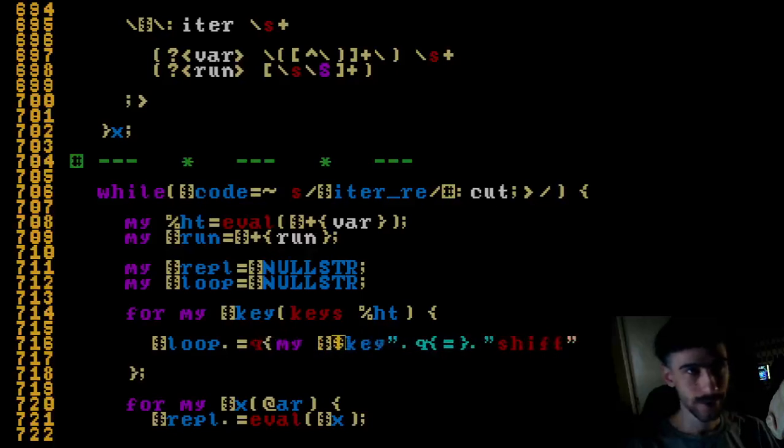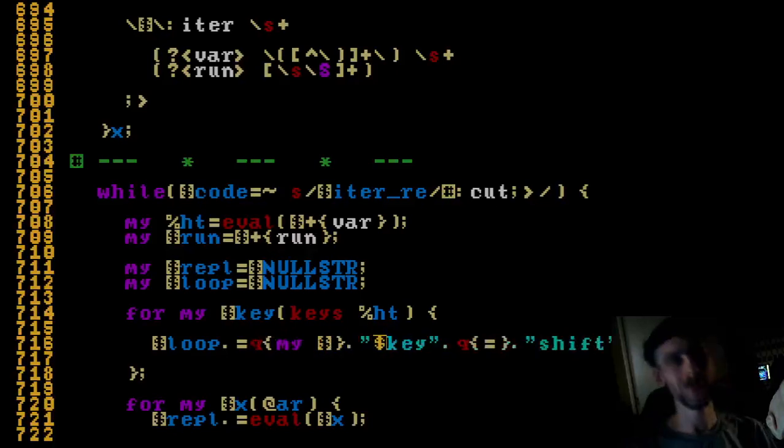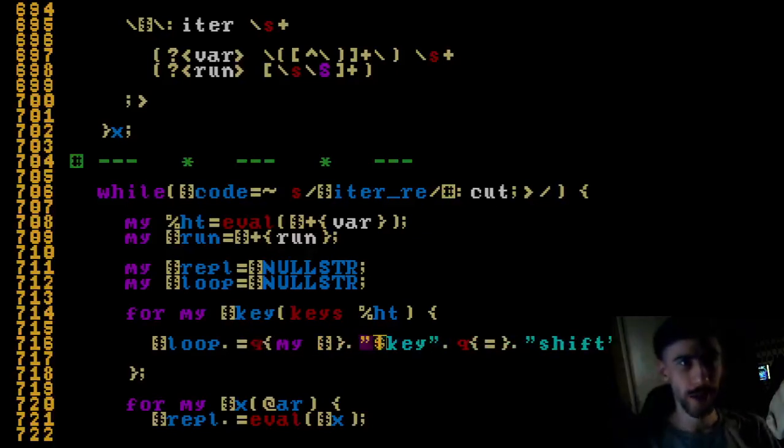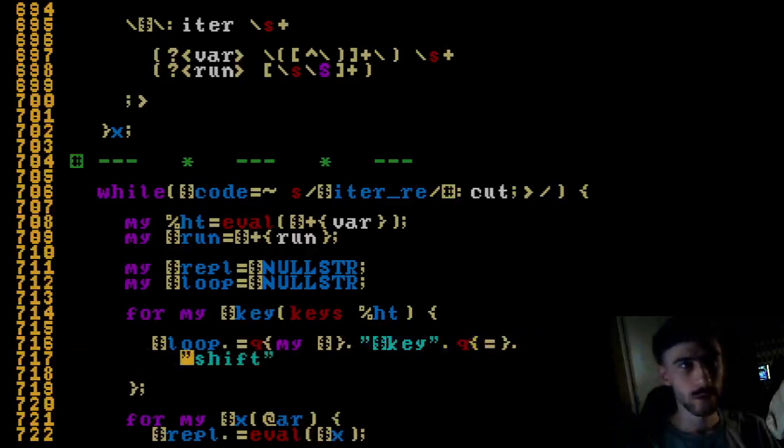I can say it like this. There we go. So my sigil name equals shift from, and I guess I can just reference it straight up. So I can just say